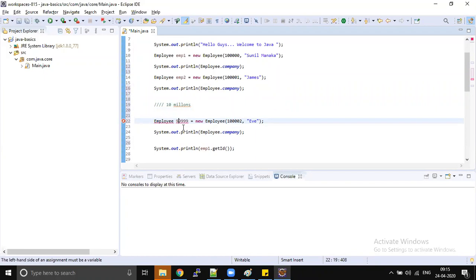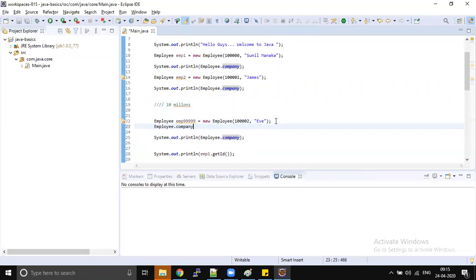The name should not start with a number, right? So EMP. This is my 99,000 employee, and my 99,000 employee name is Em. And I made a small mistake here. What I did was something like this: employee company equals to